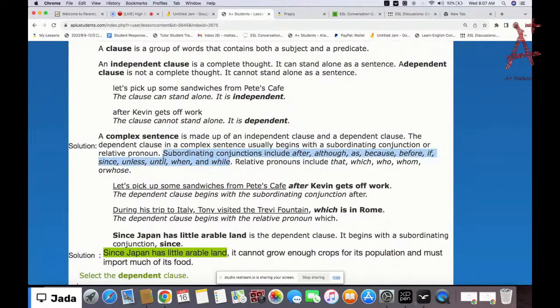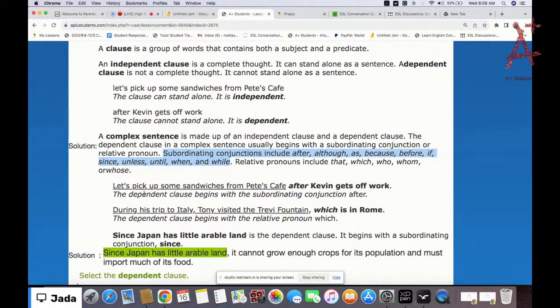So we have relative pronouns also because, like I said, the dependent clause in a complex sentence usually begins with a subordinating conjunction or relative pronoun. So examples of the relative pronouns are that, which, who, whom, or whose. So the relative pronouns include that, which, who, whom, or whose. So these are the relative pronouns just under here. So yeah, that's it. And then